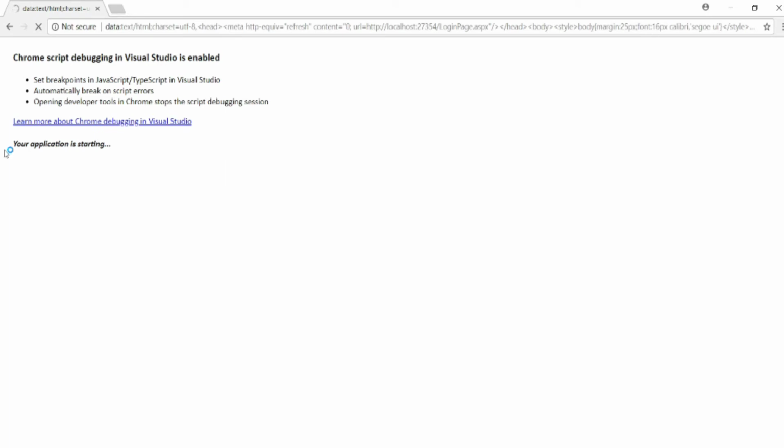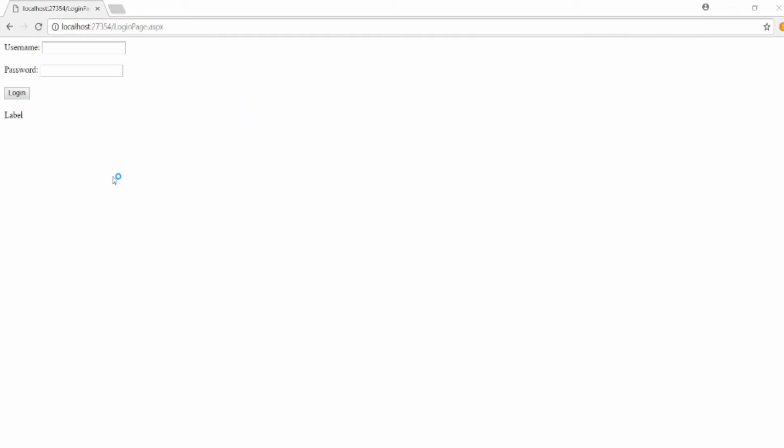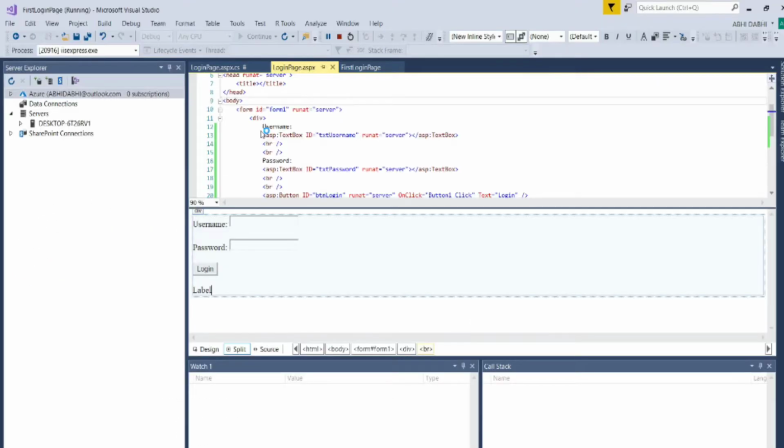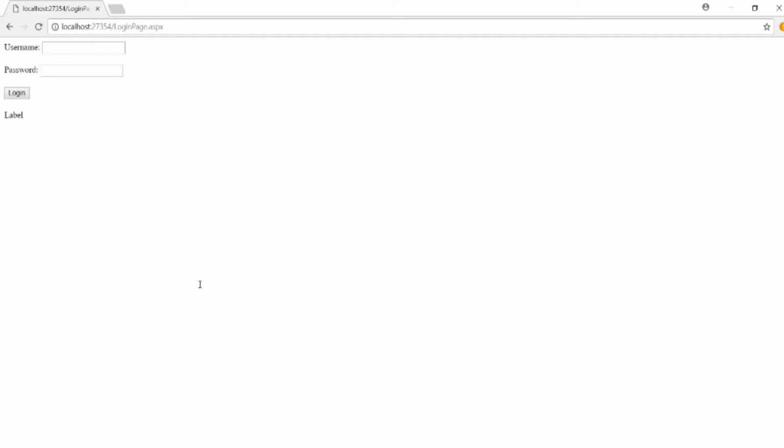So it's just showing your application is starting. Yeah, see, it shows the same as we did here: the username, password, login label, and in the browser it's username, password, login label. Now what we are going to do is, when we hit the login button, it will execute the code